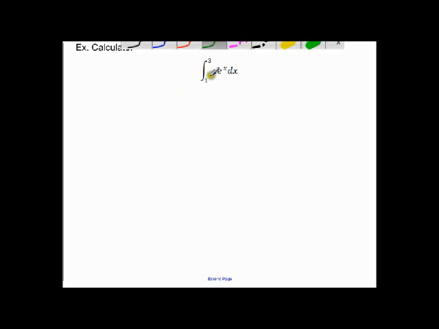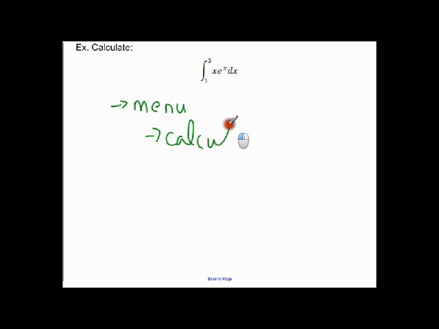One way is actually enter this into your calculator when you go menu, calculus, and then integral. Okay? So that's one way. And then it'll give you the sign, so all you've got to do is enter the lower bound, upper bound, function, and the dx. Okay? The other way to go